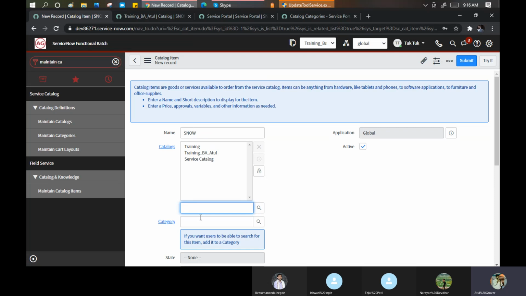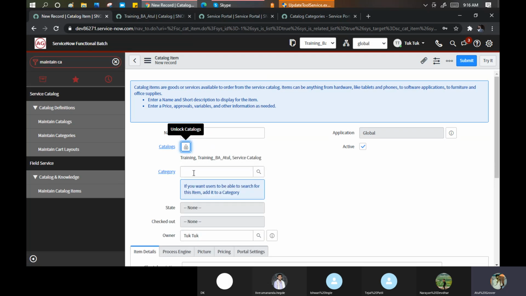It's a simple thing. Salad, for example: if you do a buffet you get salad, if you order à la carte you get salad, if you order drinks you also get salad. So that is the item which is available in multiple catalogs. Same word, same price, same thing will be there. But you can put only one category at a time. Means if you have multiple catalogs, you have to create multiple categories to show them.